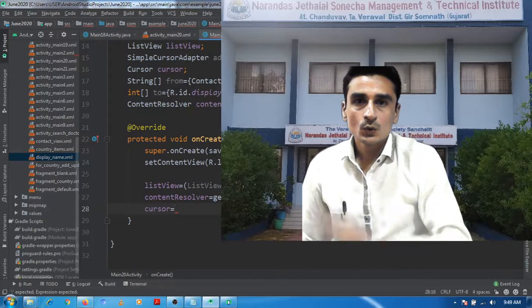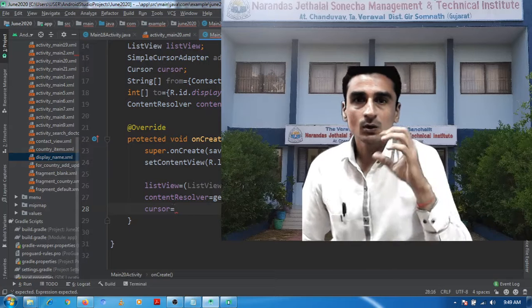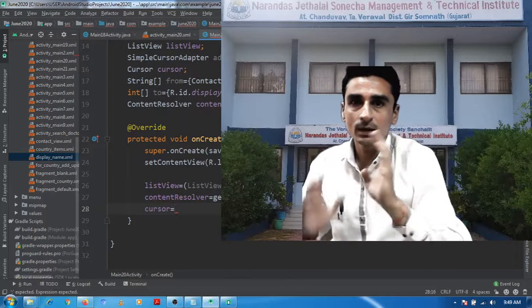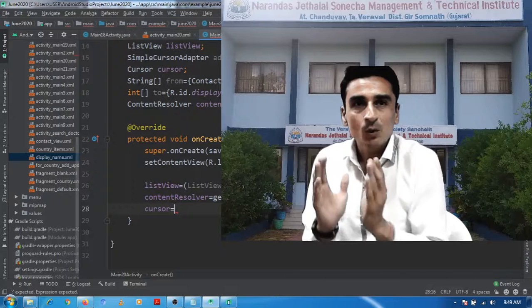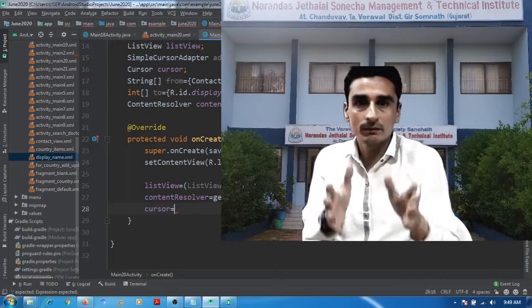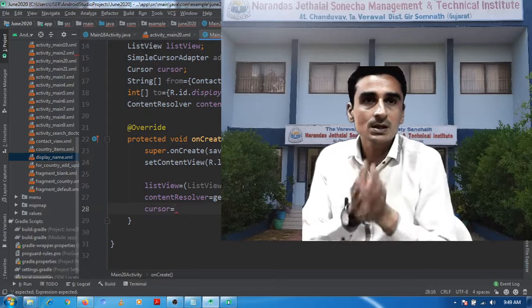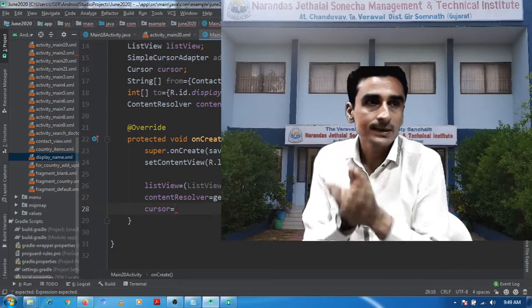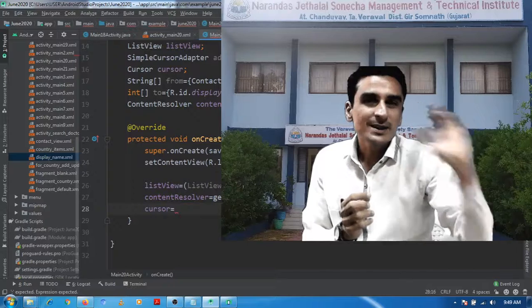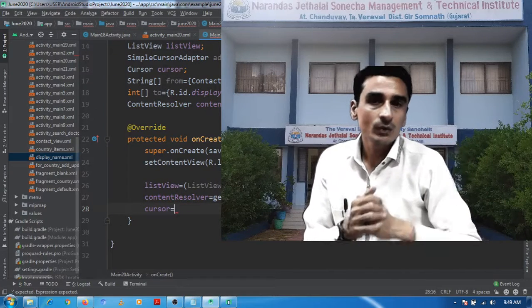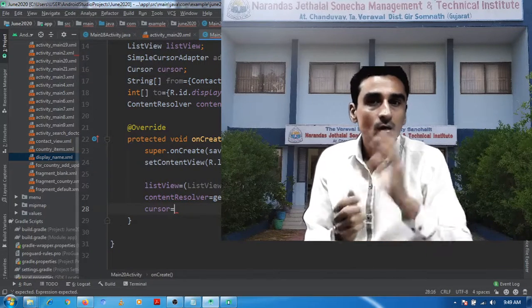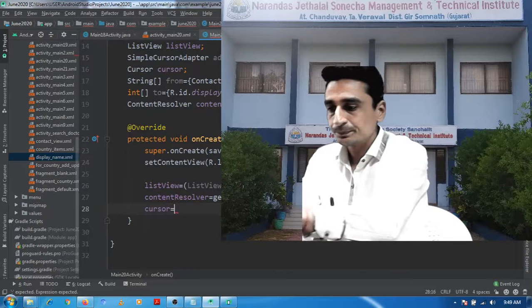To retrieve the records from the contact content provider, as we know the name of the contact is available in one table and the phone numbers are available in another table. So right now we just want to display the contact's name, so we will retrieve the display name of that particular contact from the contact content provider.